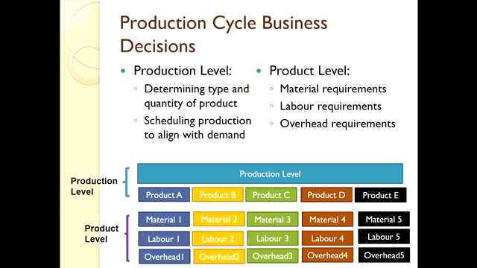This decision involves determining the type and the quantity of the product, right? As you can see here, as a company, what's the strategy? What's the overall strategy for us? So what type of products should we make, right? What are the targeted customer groups for each of the products we are trying to make, right? That's a very high-level decision. And of course,